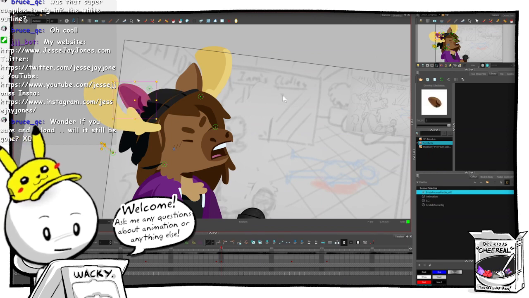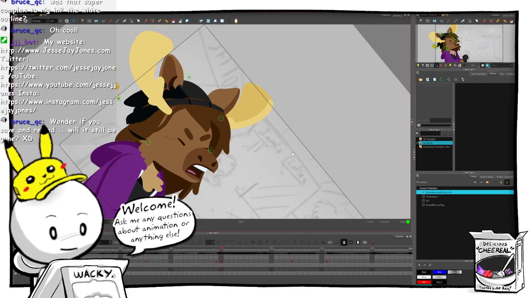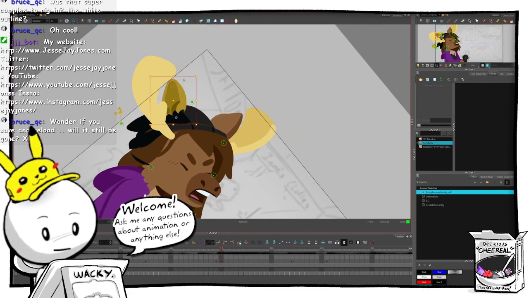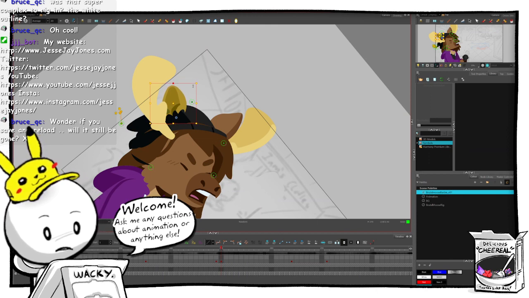Like that. Ears maybe squished down like this. Rotated.